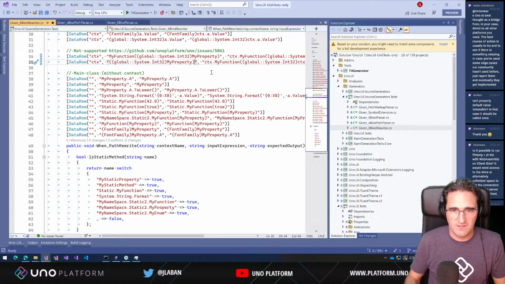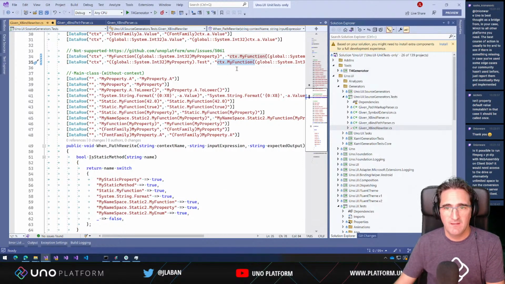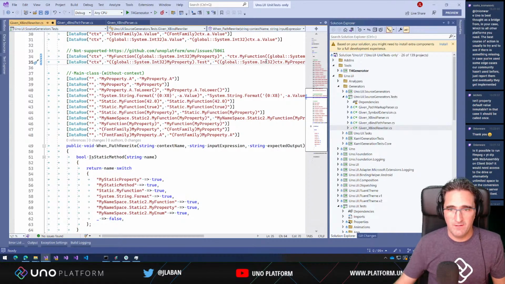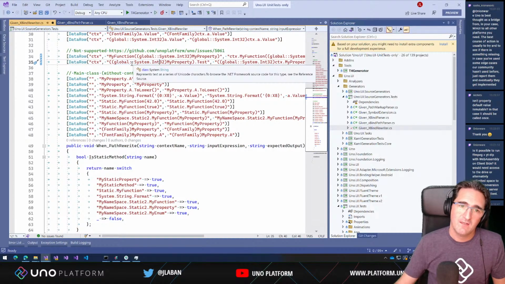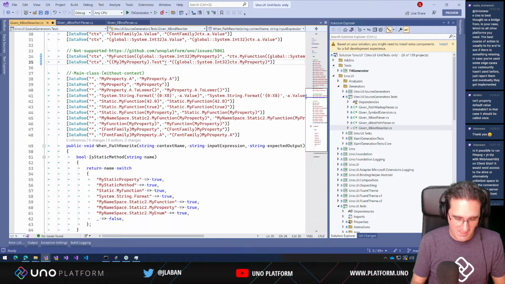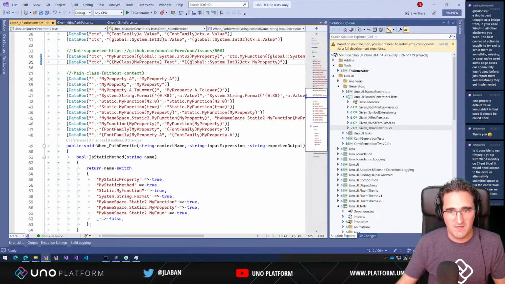My property dot test. So property dot test, and here we should be having global int32. Well, that one is weird. It shouldn't be that way. So let's call it... what do we have as an object that would make sense there? There isn't any, so let's invent one. It's going to be my class, my property dot test, my class of property